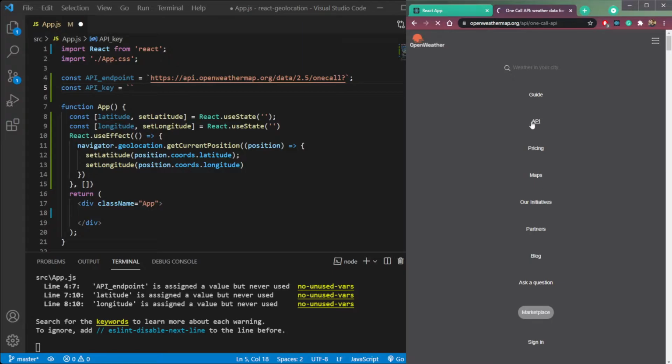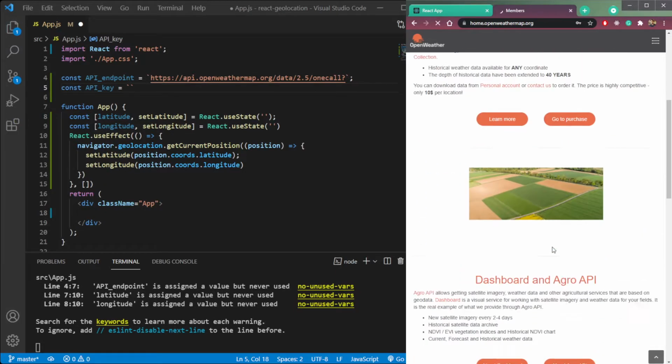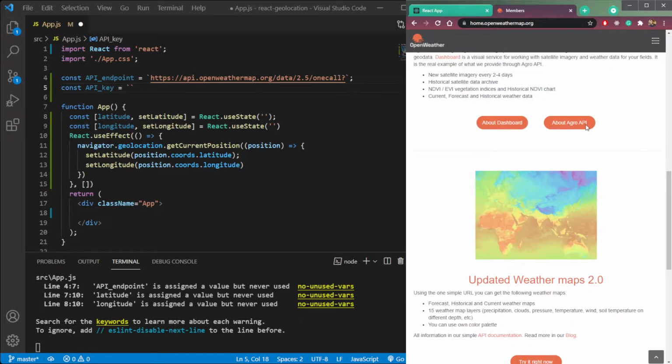So click API. Okay, we can use sign in here. Click sign in, create your account if you haven't, and sign in. I think I forgot my password. Let's try to remember it. Submit. Okay, fine, it's now logged in.